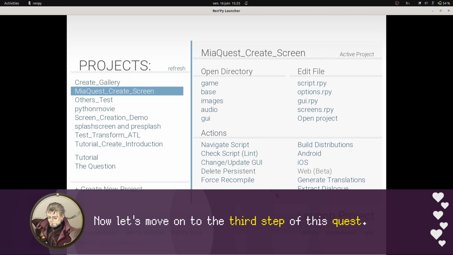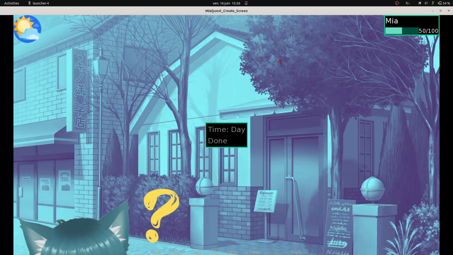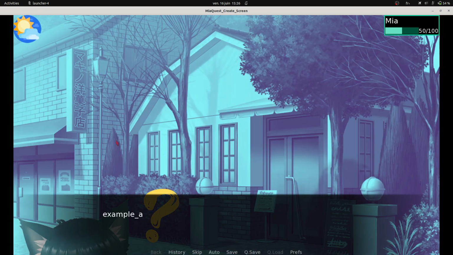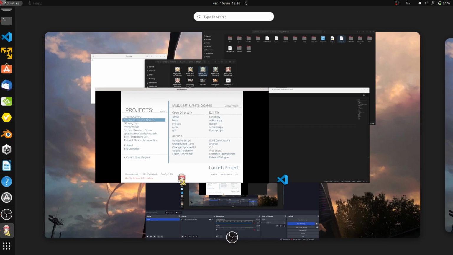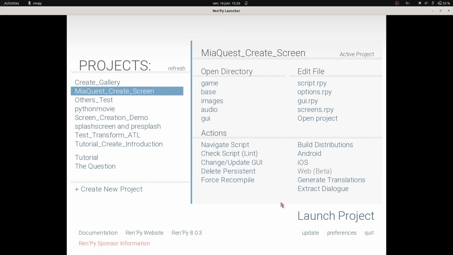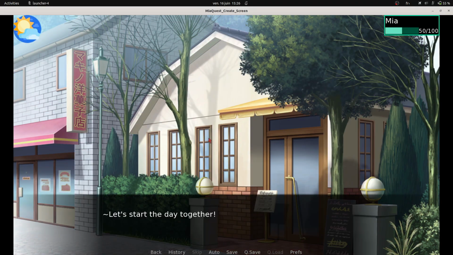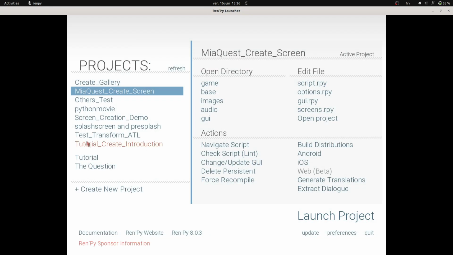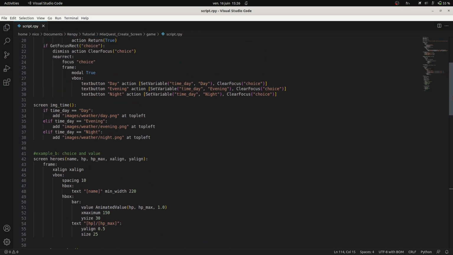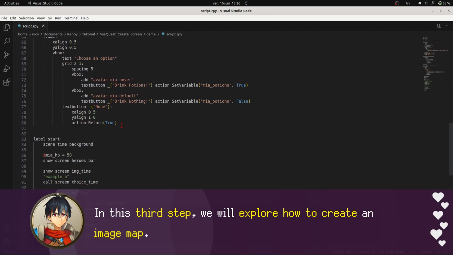Now let's move on to the third step of this quest. In this third step, we will explore how to create an image map.